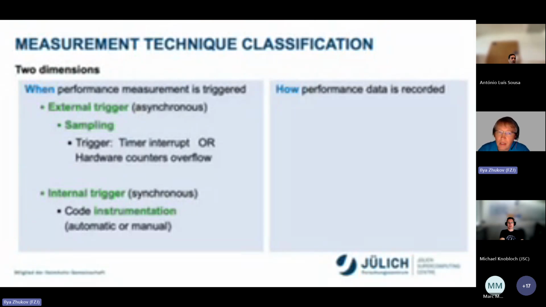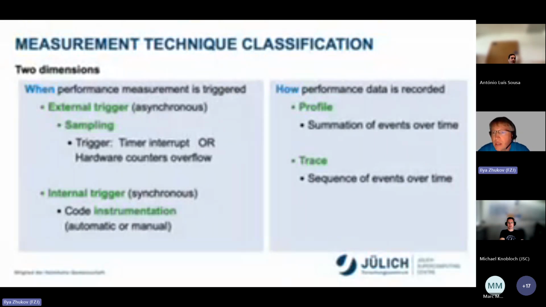And another dimension I would like to mention is how performance data is recorded. So there are two types. First one is a profile. Profile is a summarization of events over time, so summary statistics about your application. And trace is a sequence of events over time. I will also give you more examples and go into more detail on what is profile versus trace and what are the advantages and disadvantages, and also the same about sampling and instrumentation. Let's first discuss